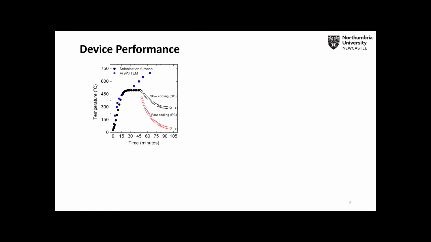and to show a comparison, this temperature profile compares what happens in the TEM, that's the blue squares, to what happens in our real furnace, that's the circles. And based on our insight, we thought we needed to reduce the cooling period of our furnace in order to promote that reordering of tin cations. And we did that,